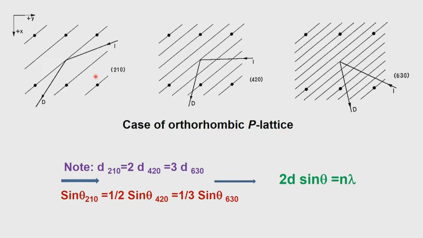So, when you have the reciprocal lattice points, these reciprocal lattice points can have different values of n. Therefore, we get 2d sin theta equals lambda for the first case, 2d sin theta equals 2 times lambda, 2d sin theta equals 3 times lambda, and so on. As a result, the position of individual reciprocal lattice points we will already put in a formula, which is 2d sin theta equals lambda.